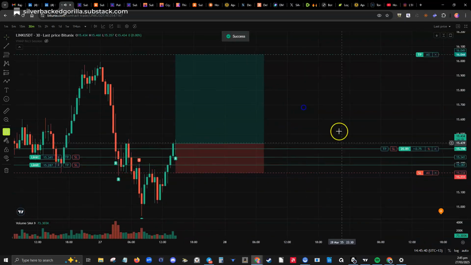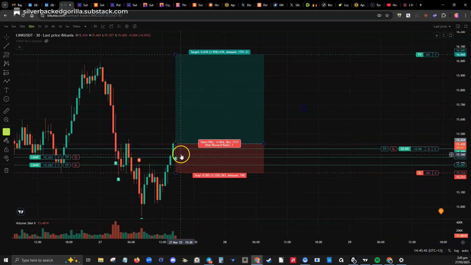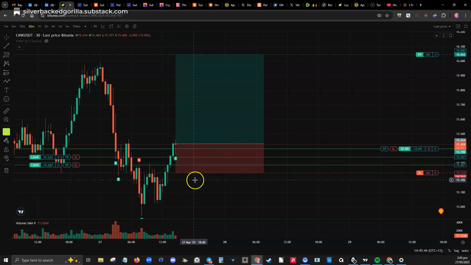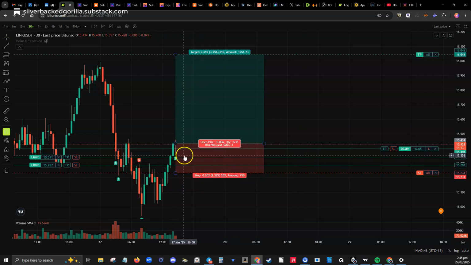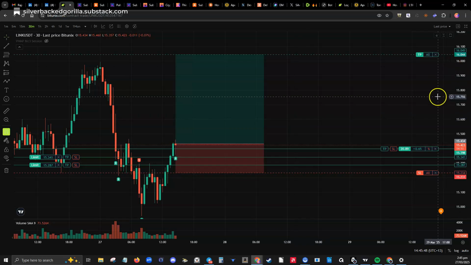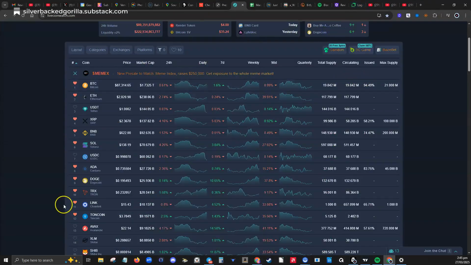So that's basically it. So if we go down here, we might get filled a couple more times, as it gets filled at a level we're happy with. And then we can do other things too. Like, for example, we're looking at Link at the moment. Again, this is getting a little bit into detail, but let's have a look at Link over the last 4 days. If we're trying to get 5.4% profit, are we dreaming? Here's Link, and here's the last 7 days.